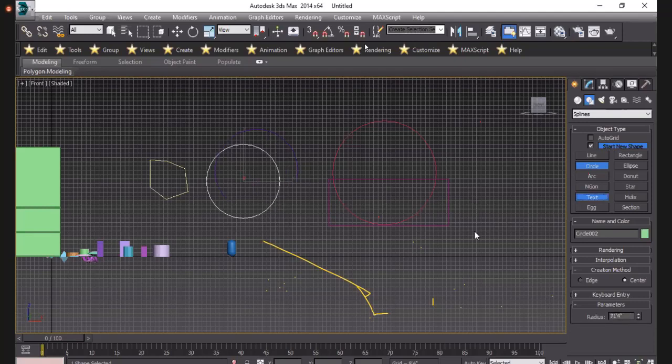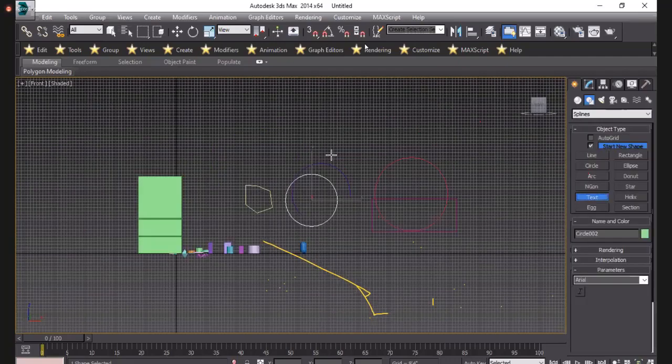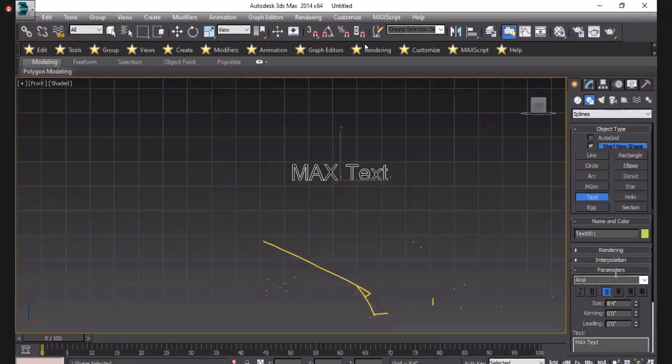Here is the text. You simply type the Max text. How can we edit it?